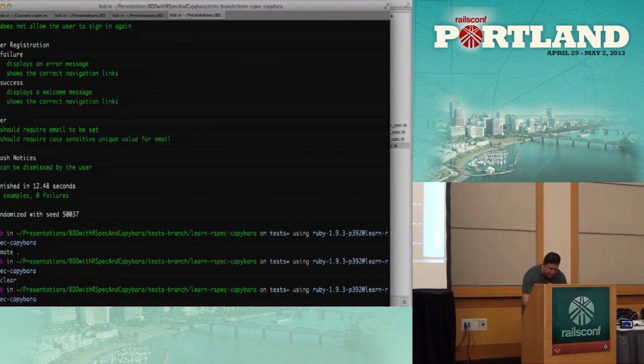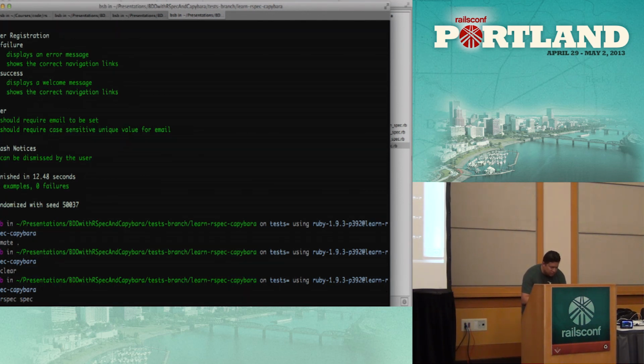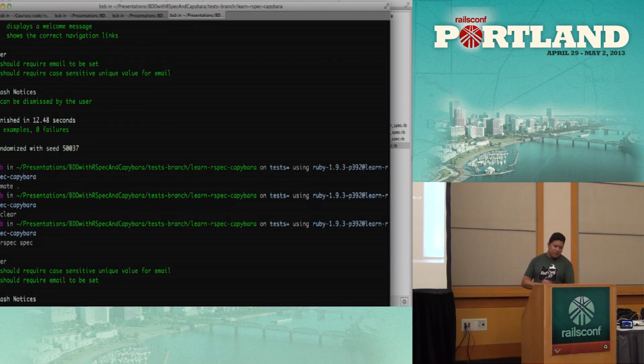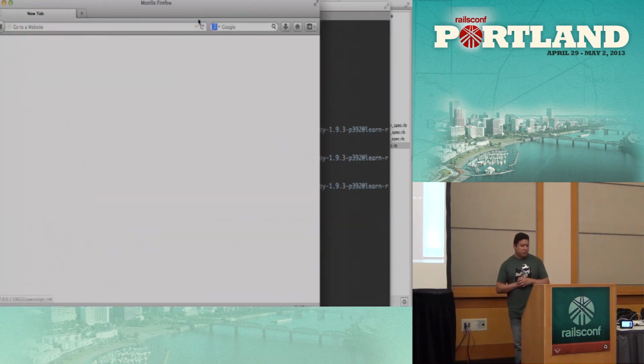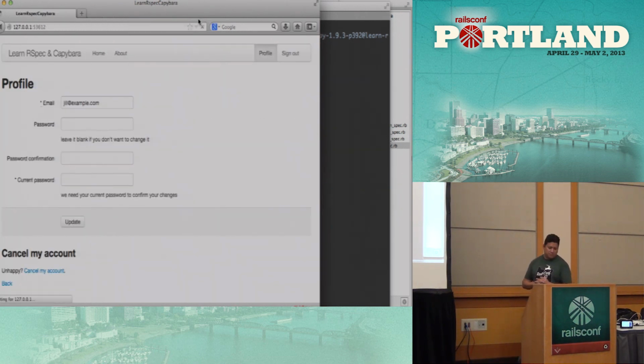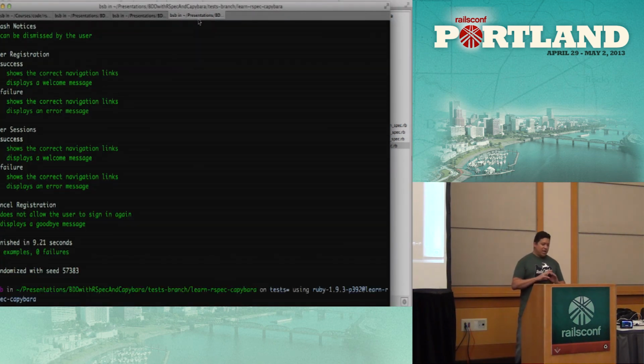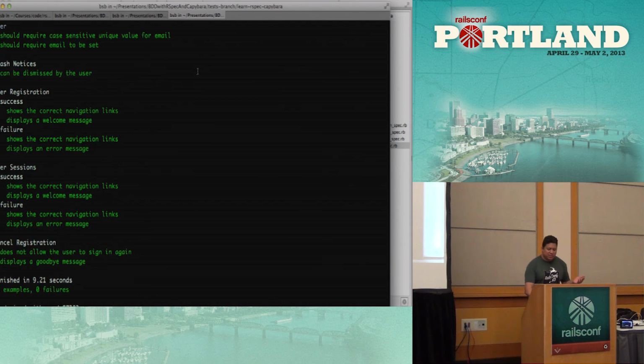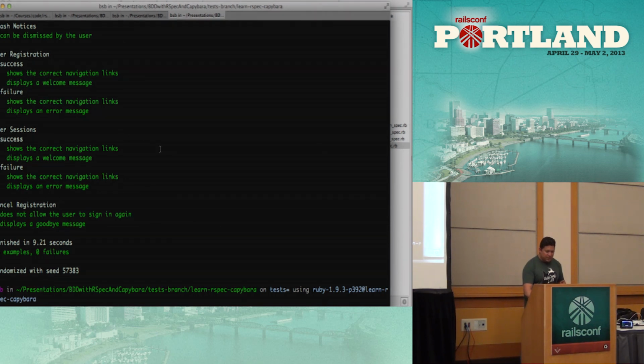So let me go ahead here and run my test. And obviously, this is the full-blown suite of tests running. So I'm checking a bunch of different stuff, and you can see from the specs what we're checking. We're checking that the flash notices show up. So those are JavaScript tests. I'll show you in a second how those work. I'm checking the page for navigation links all throughout the different activities that we're doing. And I'm checking the cancel registration feature.